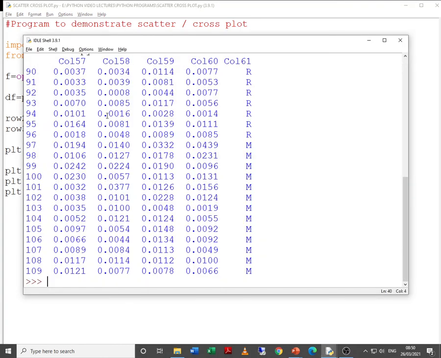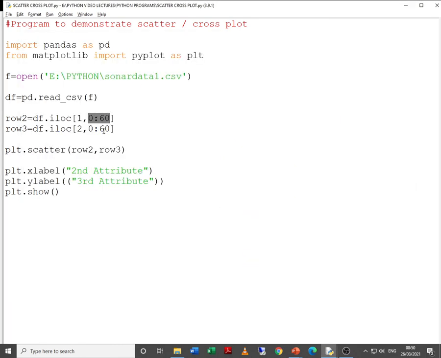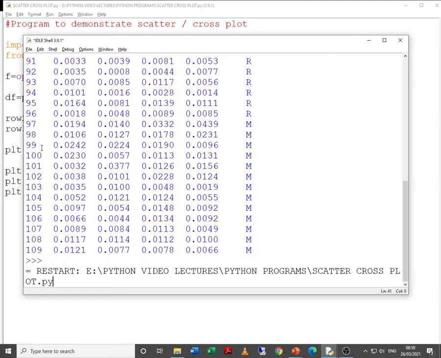Just try to observe over here. Let us check it out. So this is row 2 and this is row 3. Let us execute and check whether the graph is proper or not.